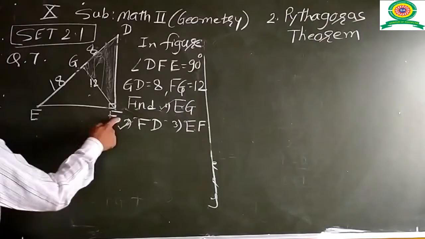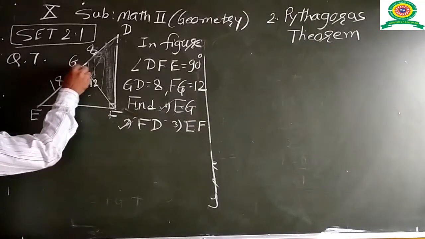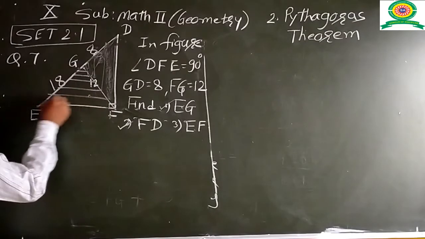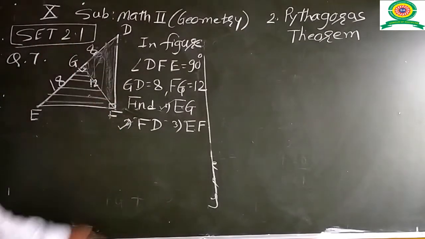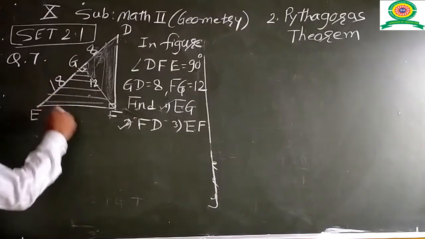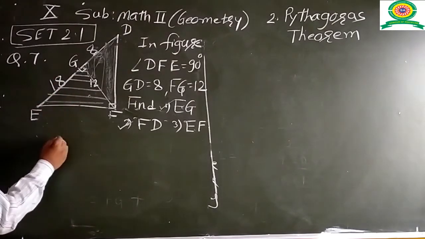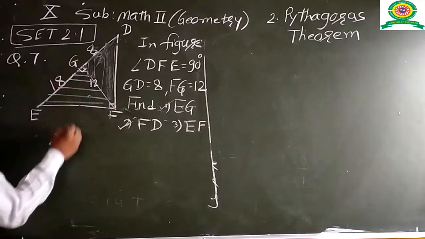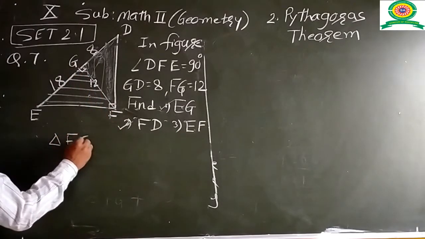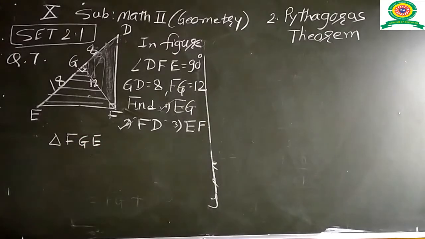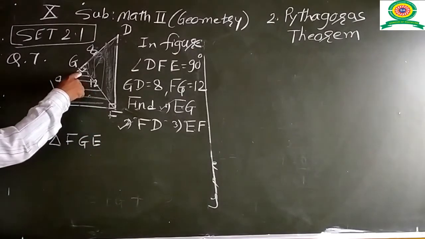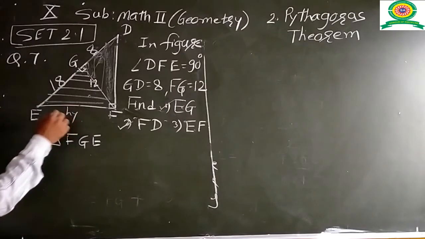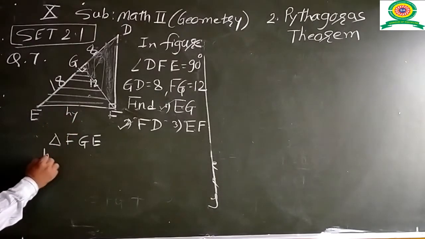We want to calculate EF. Then again we are using this triangle. It is also a 90 degree, so it is a right angle triangle. So Pythagoras theorem is also applicable for triangle FGE. In triangle FGE, the side in front of the 90 degree is the hypotenuse. So by Pythagoras theorem,